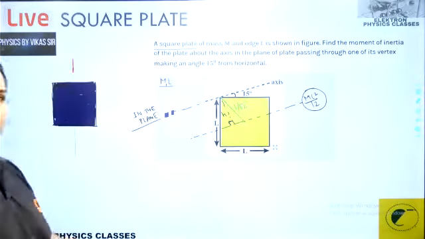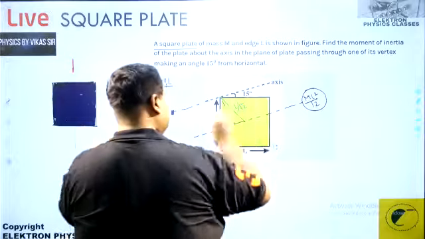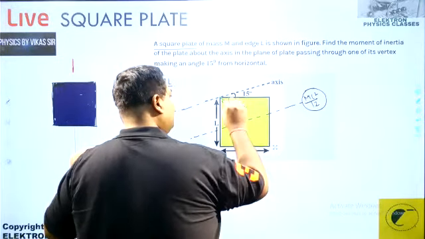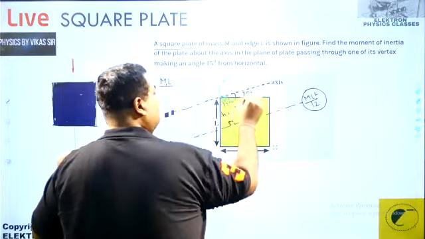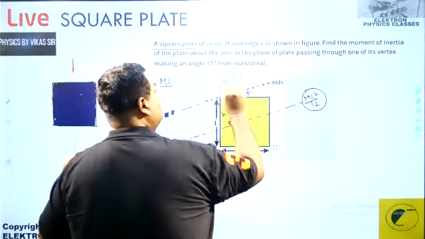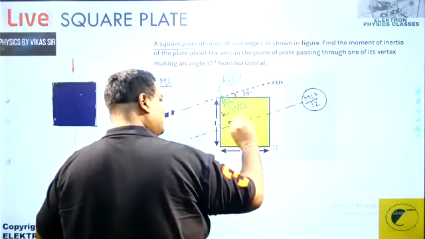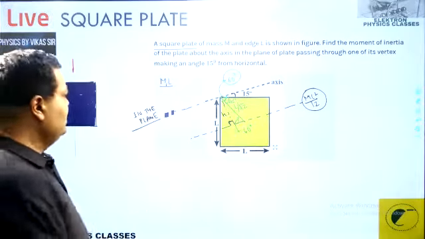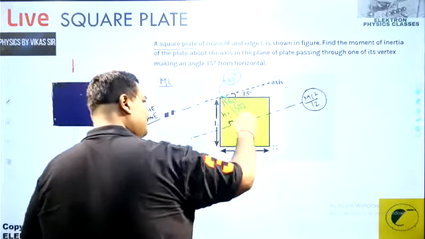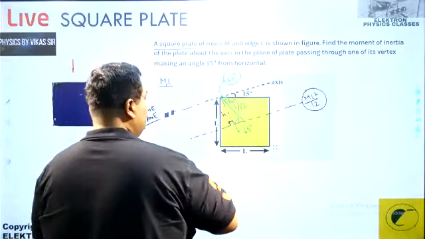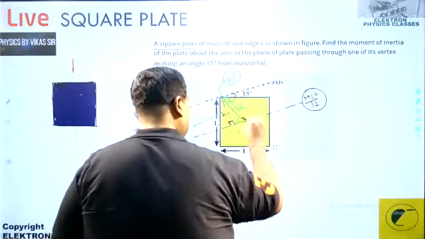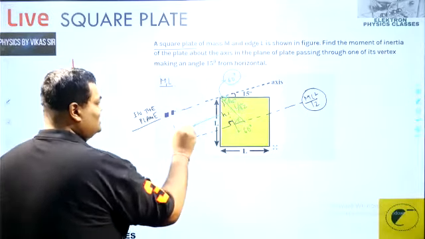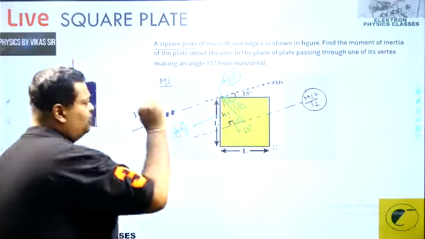And then comes the angle utility. Since this line is parallel to this, and this angle is how much? 45. So this complete angle, how much? 45 plus 15, 60. That's how this angle is getting used. And if it is 60, this angle over here works out to be 60. Now this is the hypotenuse side, and this is 60, so you get this perpendicular. The value for this h comes out to be L by root 2 into sine 60. What is sine 60? Root 3 upon 2. That's the value for h.